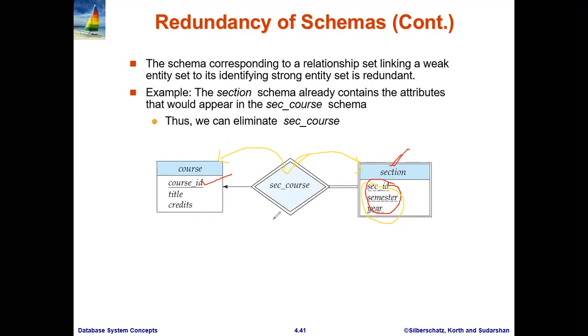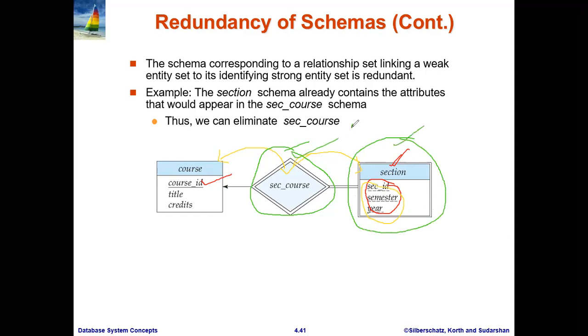That's why sec_course as a relationship set will have the same schema, and section as an entity set will have the same schema.